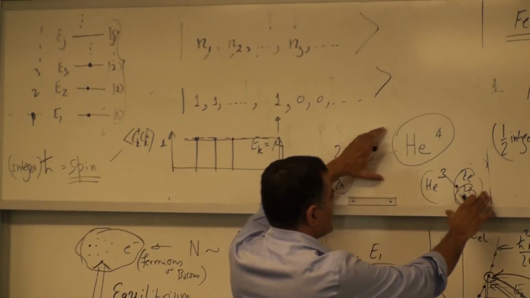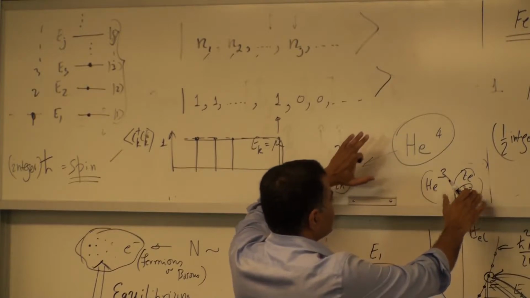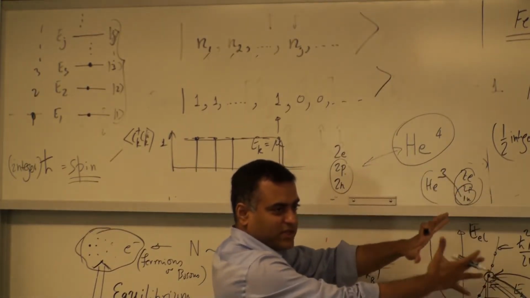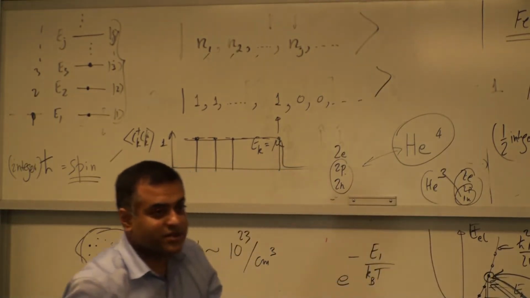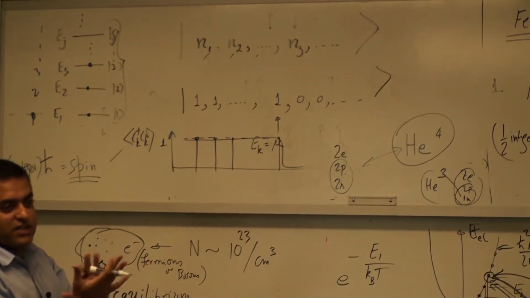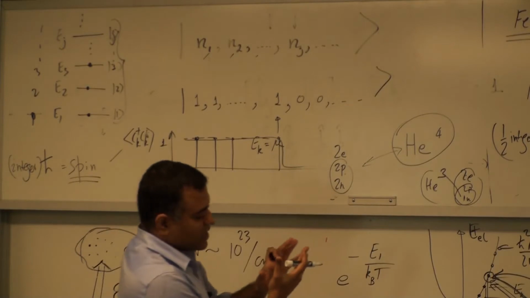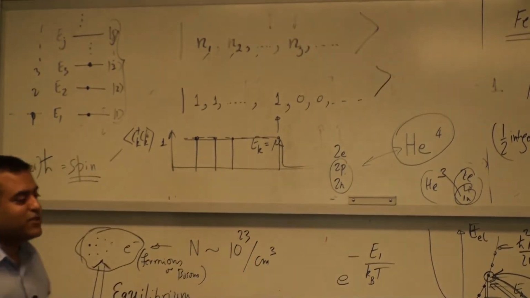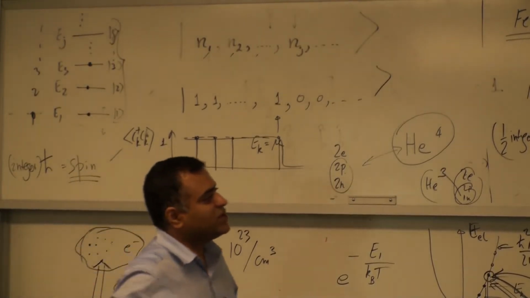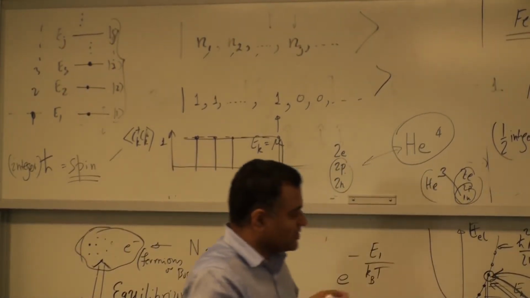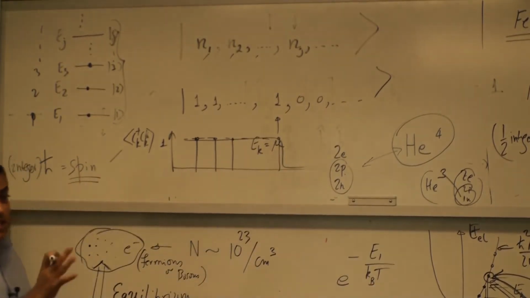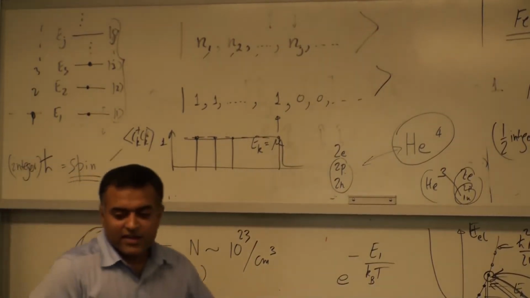But okay, this is slightly off track. I'm saying that helium-3 and helium-4, if you go to those low temperatures, I think Herb Kroemer's book says it very nicely, behave like oil and water. They don't mix. They're the same atom, but just because one is of a fermionic nature and the other is of a bosonic nature, they completely phase separate, and then you can see the difference between these two particles. This is the essence of fermions versus bosons. Same atom.